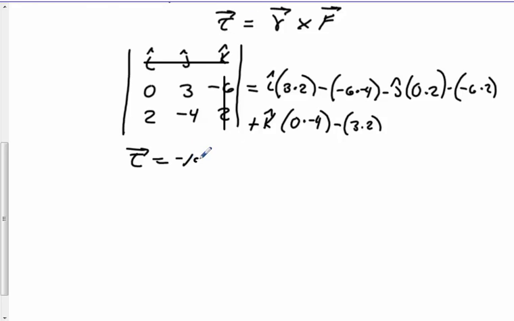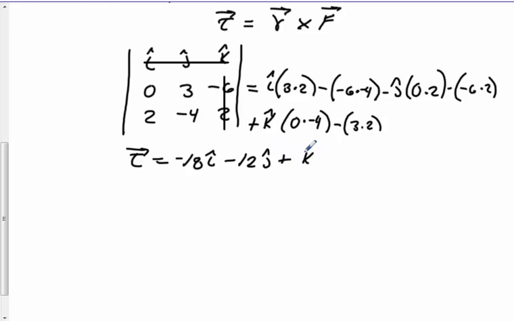So I'd get negative 18 i hat. Now I'd come to j hat. I'm going to negate that right now because I got a negative value here. I got 0 times 2 minus negative 6 times 2. Negative 6 times 2 is negative 12. I have a negative here that makes it plus 12, but I have a negative here, so that makes it minus 12 j hat